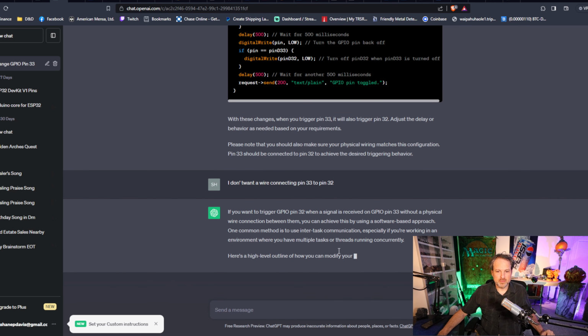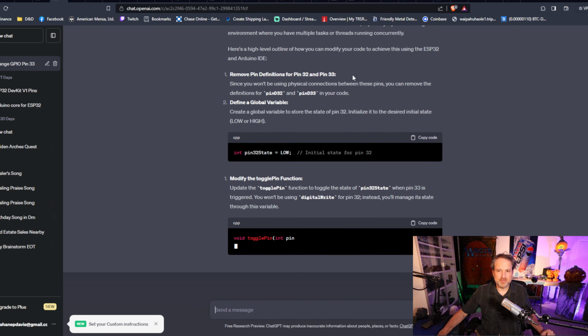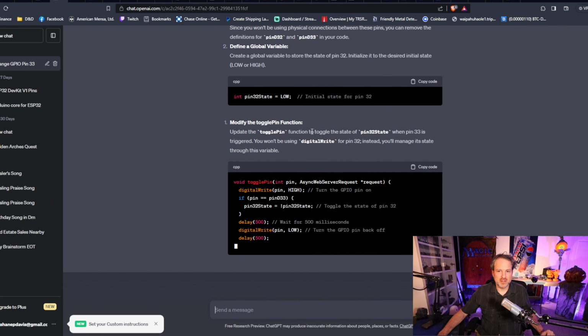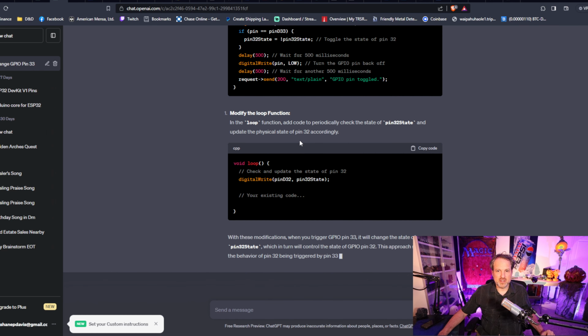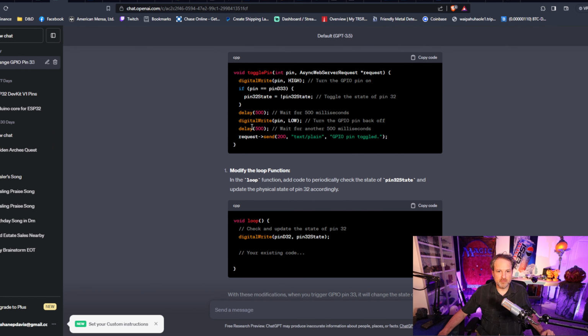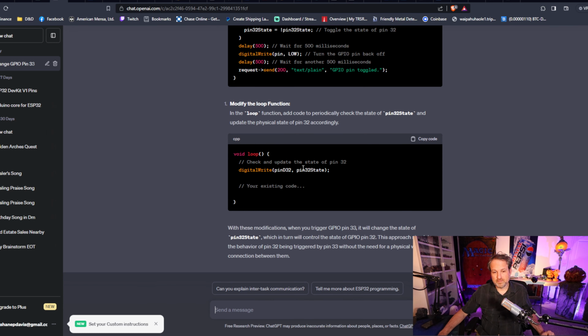If you want to trigger pin 32 when the signal is received without a physical wire connecting between them, you can achieve this by a software approach here. Yep, it tells me to change the pin state to low instead of high, and it's giving me the pretty darn accurate code. So if you want to make some changes to the code, maybe there's something that I'm not even thinking about that you want to do with this, you can just go to ChatGPT, and with a little bit of knowledge of how the code works in C++,